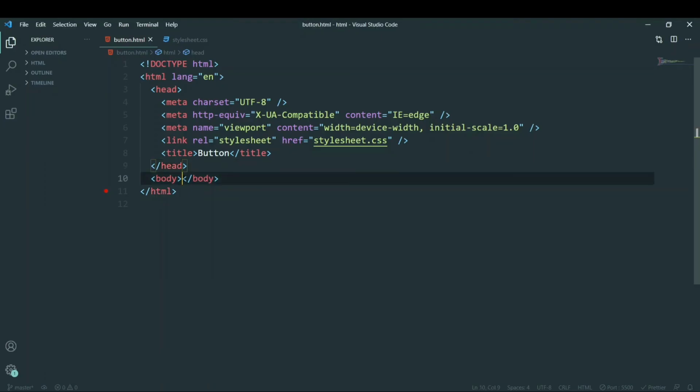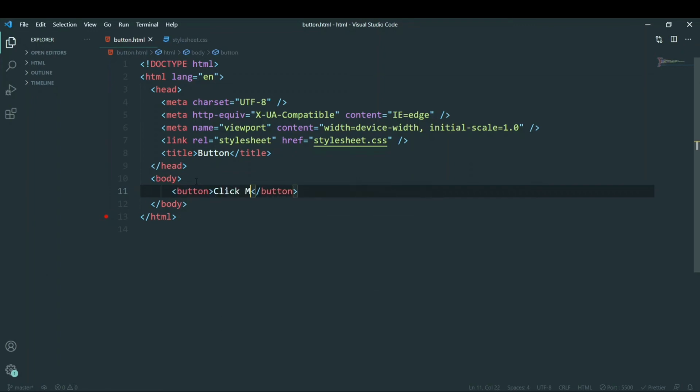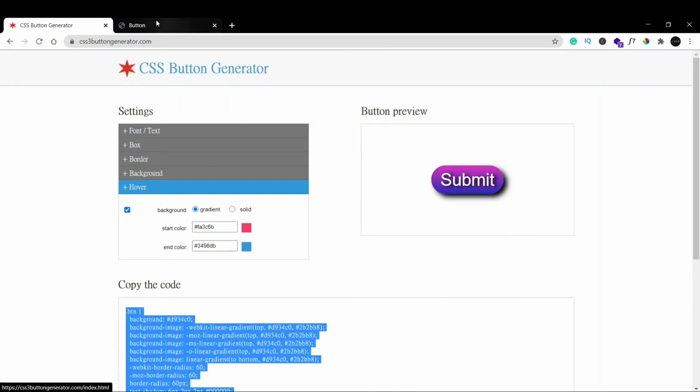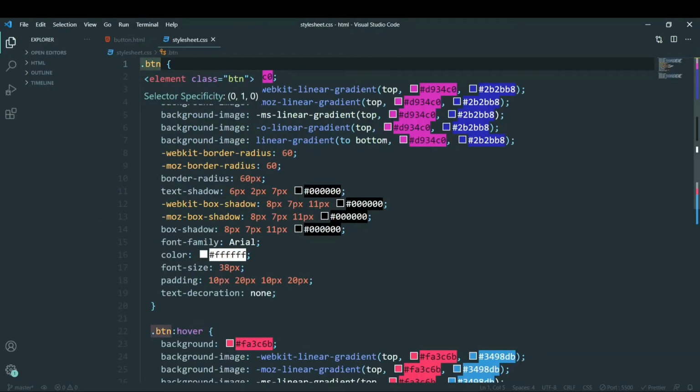You can see still there's no button available here. Why is that? Because I haven't created a button yet. Inside the body section, everything is empty. So let's just create a button, and right click, and I'll save it. Again, if I visit a browser, you can see now this is just a normal button. This button looks nothing like this. So again, why is that? That is because we added this styling to a particular class called btn.